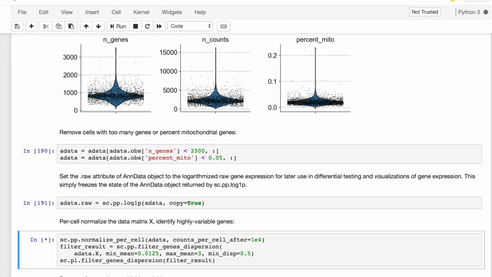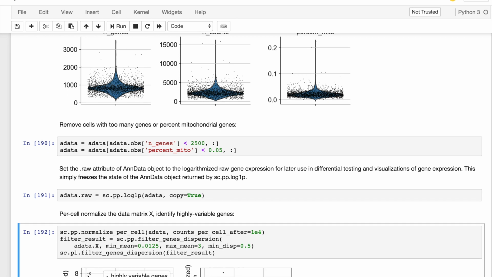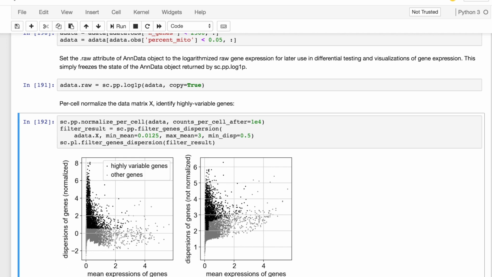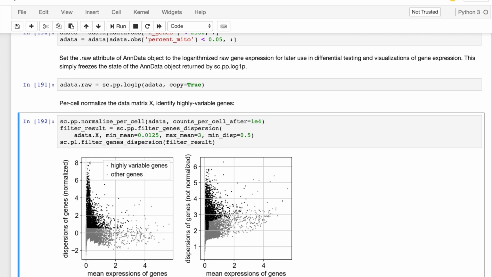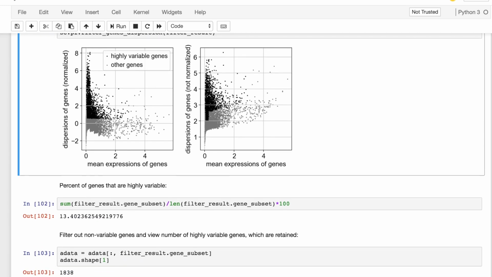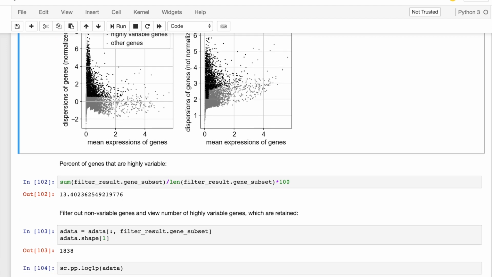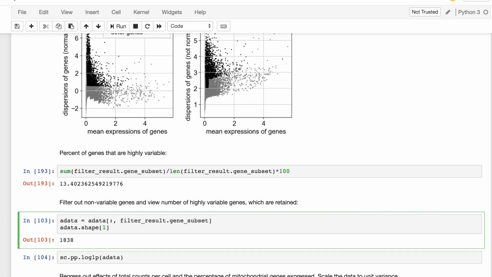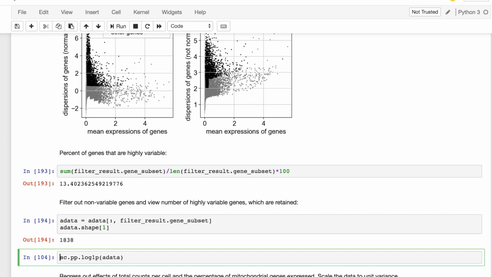Next, we'll be assessing the highly variable or highly differentially expressed genes in the dataset. So we can do this with a few simple commands available from ScanPy, and we find that about 13.4% of genes are highly variable. So now we can filter out the non-highly variable genes in the dataset and retain only 1838 genes. Filtering out the non-highly variable genes will allow us to do our analysis only on the likely most meaningful genes. So next we can just logarithmize the dataset by taking